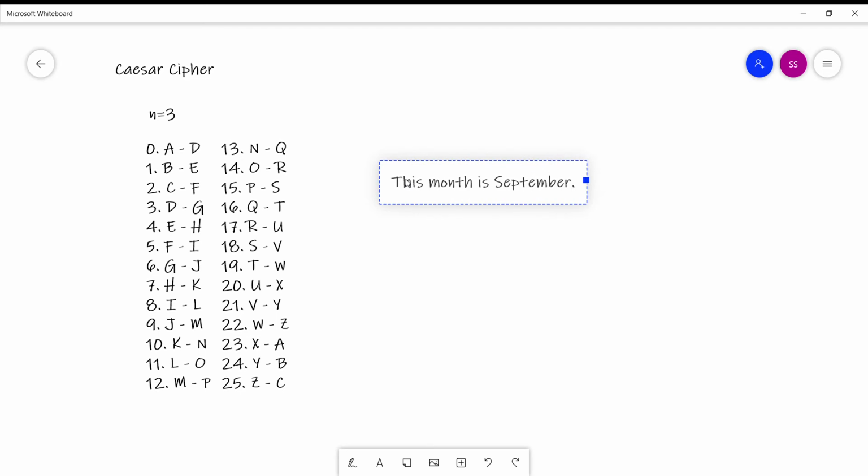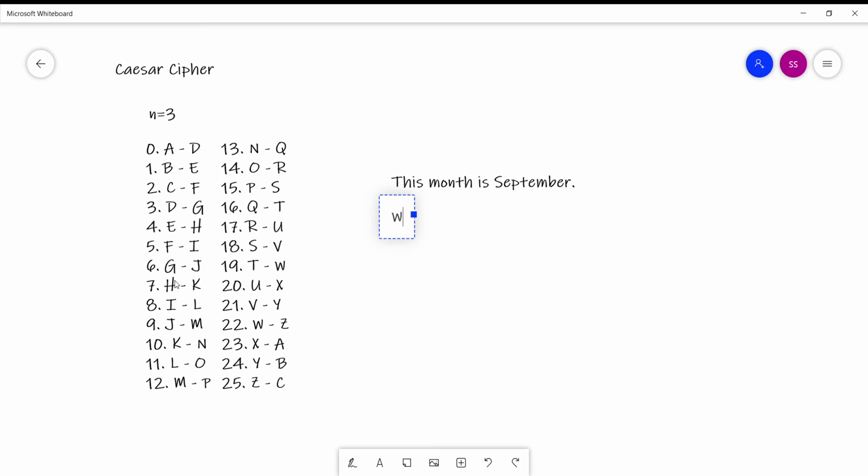I want to encrypt this plain text and create a ciphertext for this. So what I will do is I will just see the table, and T is encrypted to W. Here we can see that T is encrypted to W. So T will become W,